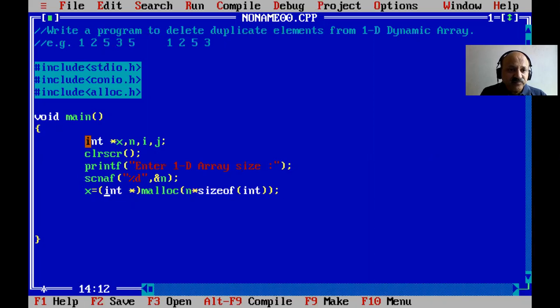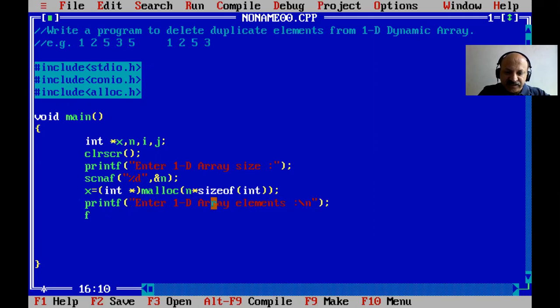Here is a character array, so here we type cast to character, float to float, and double to double. So whichever data type the array pointer variable holds, that type we type cast, because malloc has a void pointer return data type, so we must type cast. And now what to do, so we scan our one dimensional array elements. So we print: enter one dimensional array elements, and that we scan.